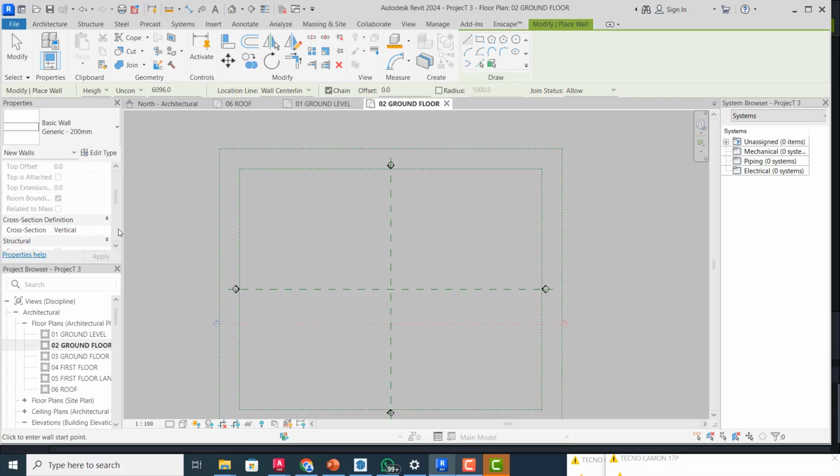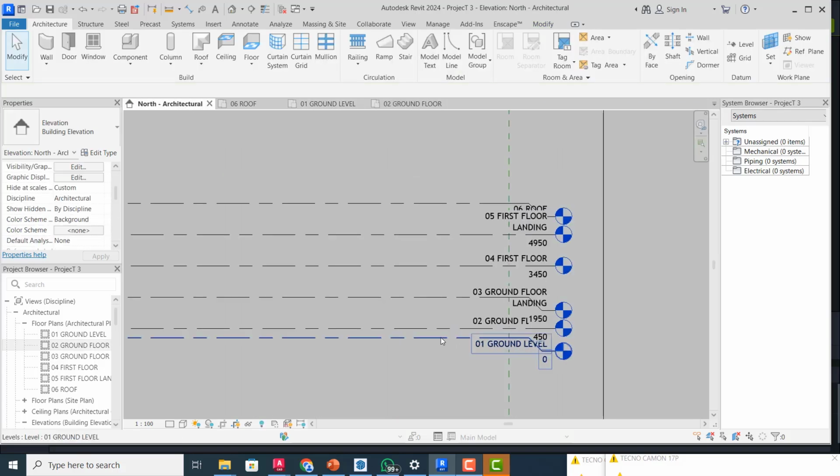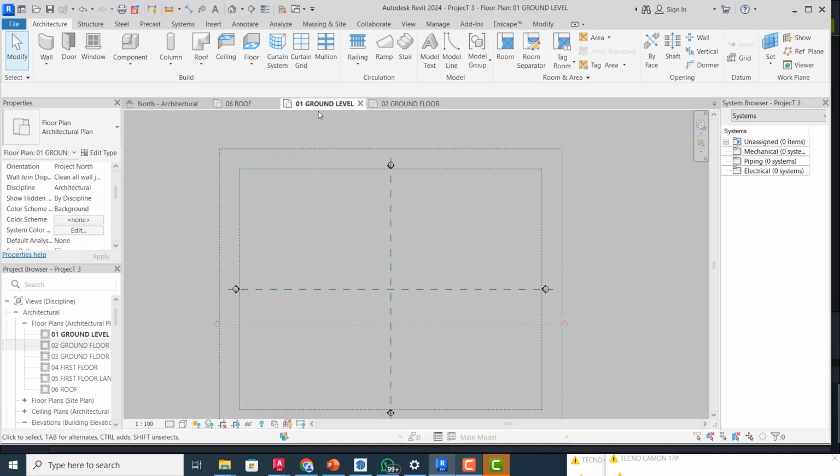Now, if you could remember, based on our elevation here, we want our ground floor to be at 3 meters height, okay? Then the ground level here is 450. All right, so it is important that, sorry, I'm going to ground floor level. Now it is important that when you click your wall,